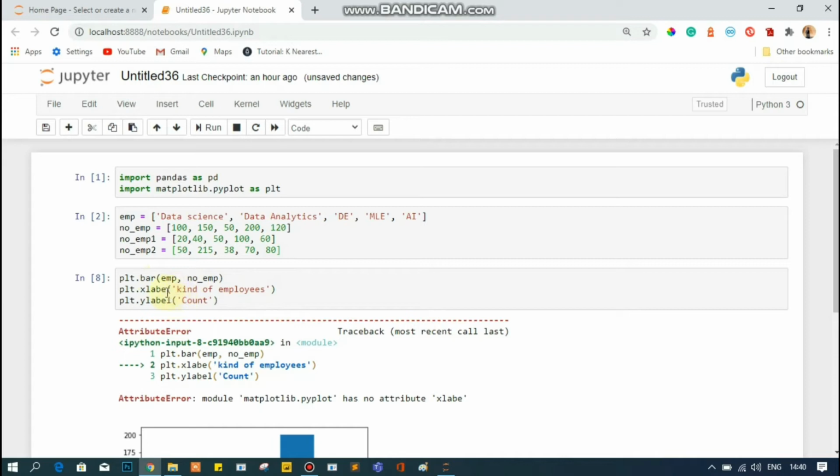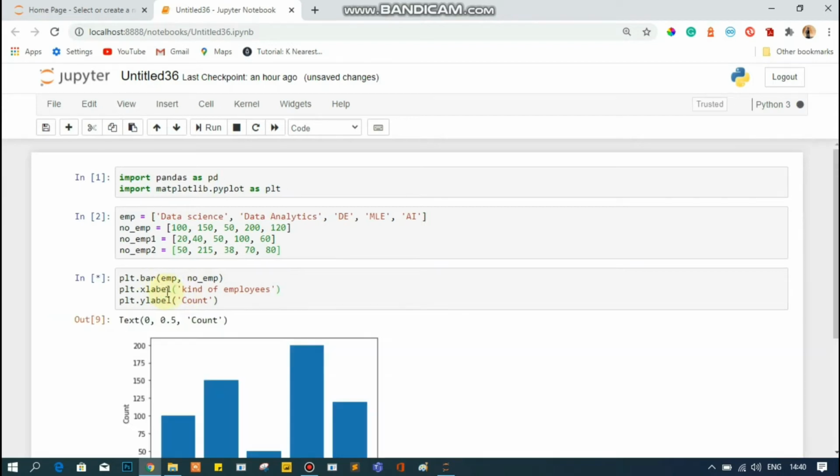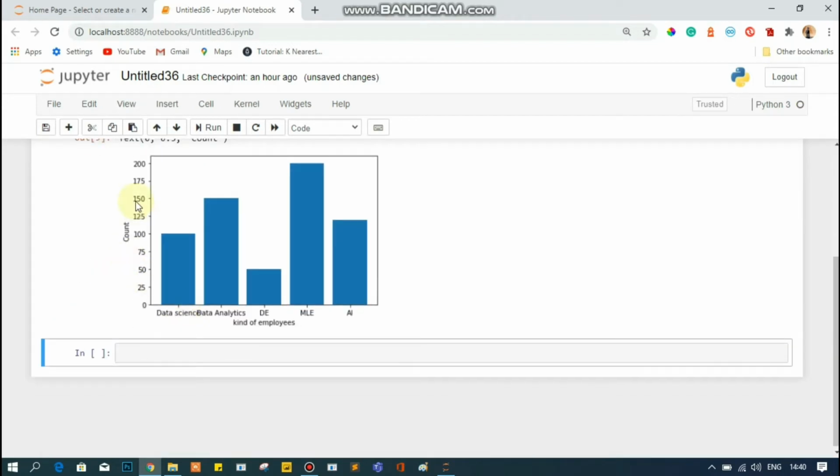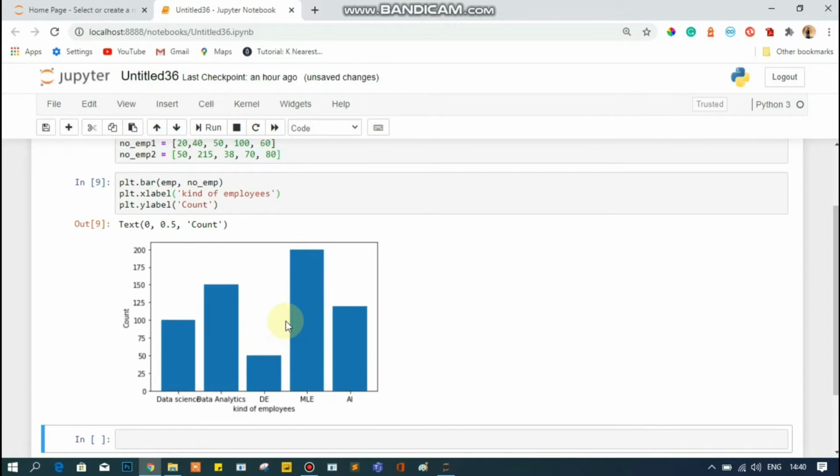Okay, what's the error? xlabel. Sorry. Now you can see that the y-axis has been given as count and the x-axis as kind of employees. So this was all about creating this bar plot.